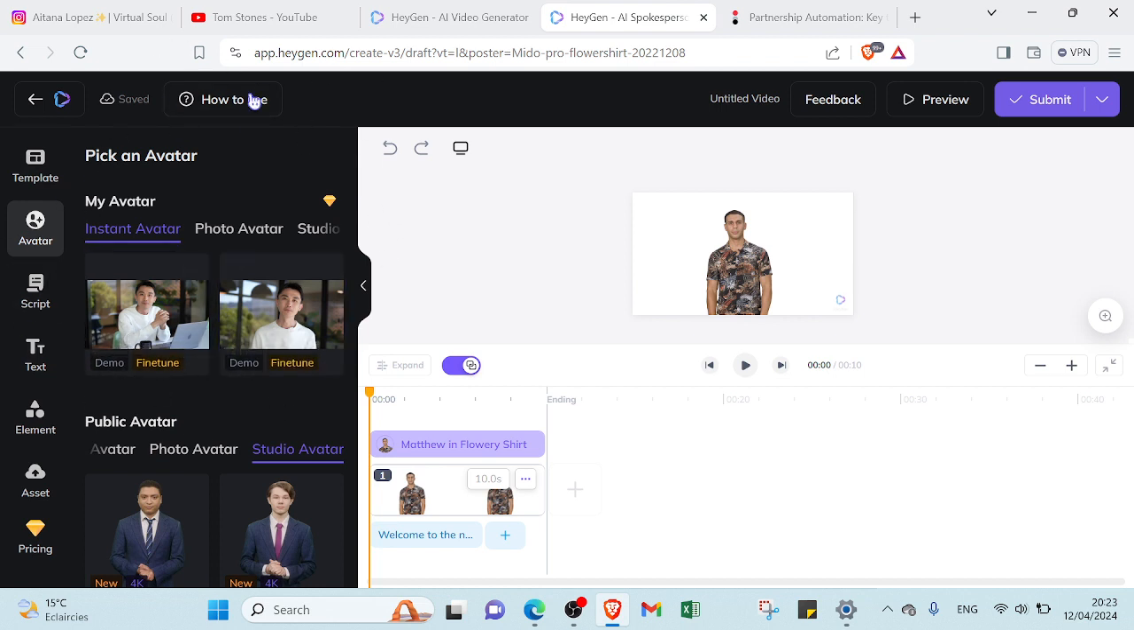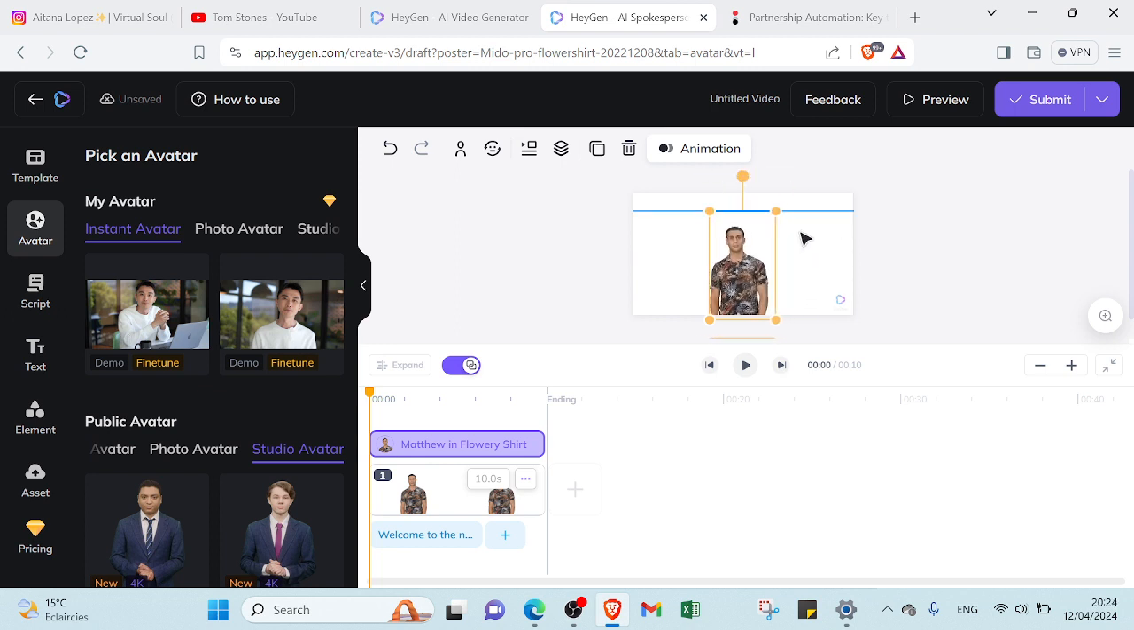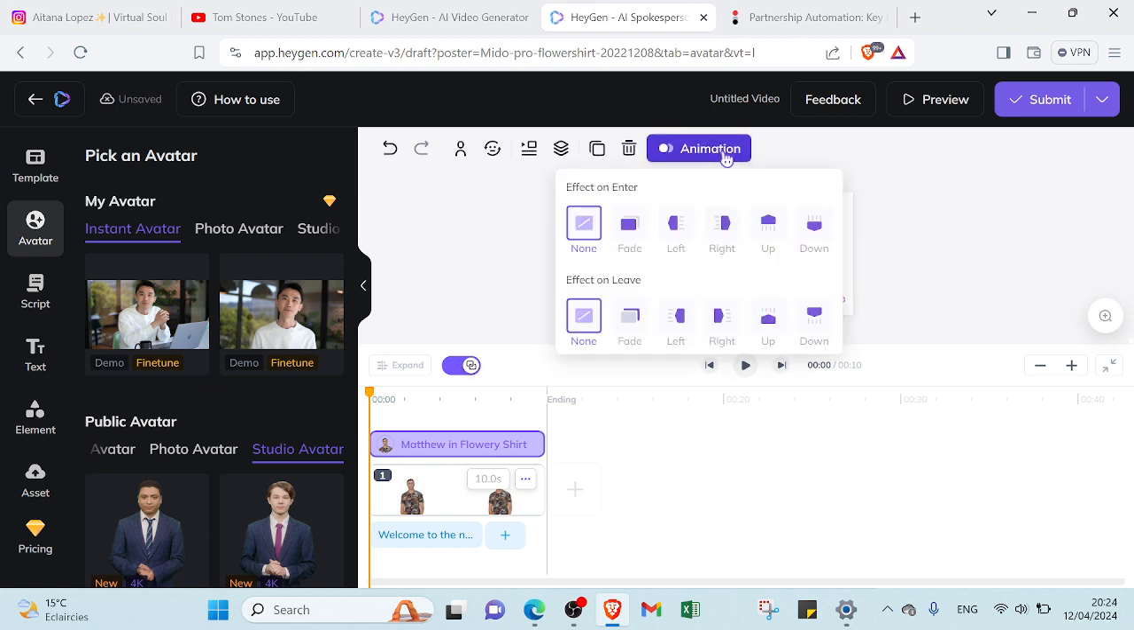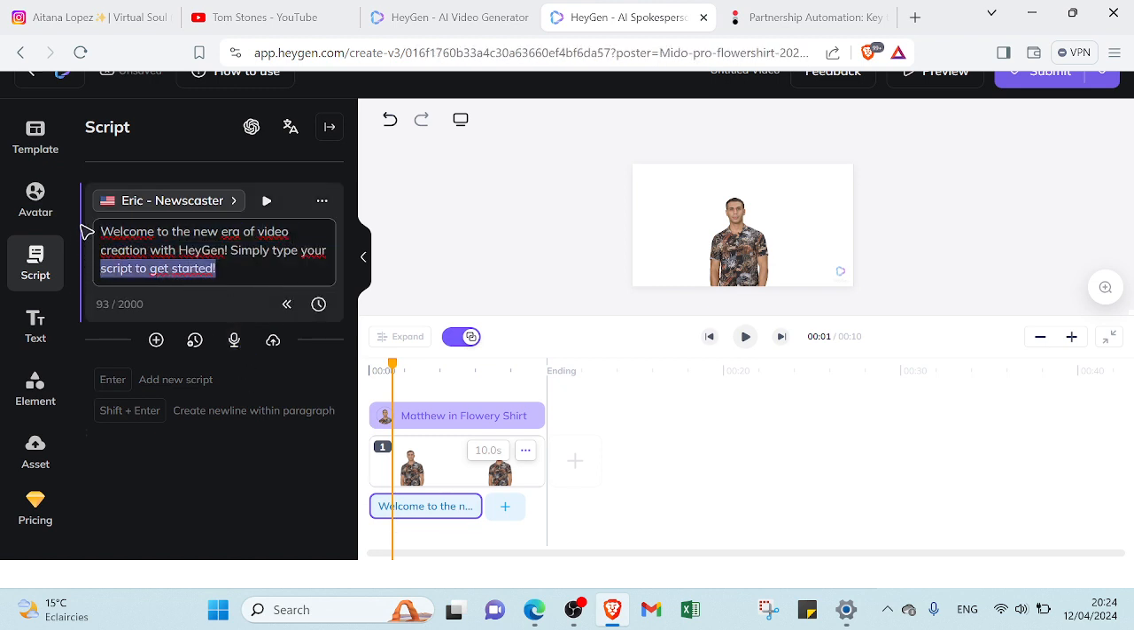This is a lot of options. As you can see, this is our AI character. You can put it on the left, on the right, or in the middle. You can determine the size of your AI character. You can edit the animation too, so you can edit the effect on enter and the effect on leave, and you can also edit a script, so you can delete that one,